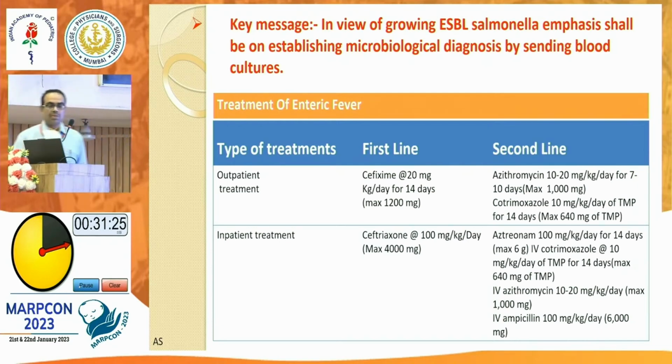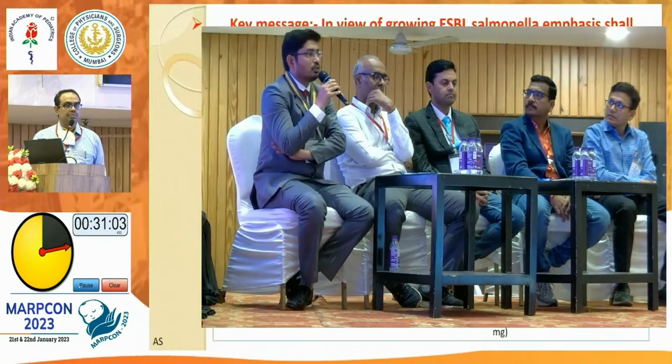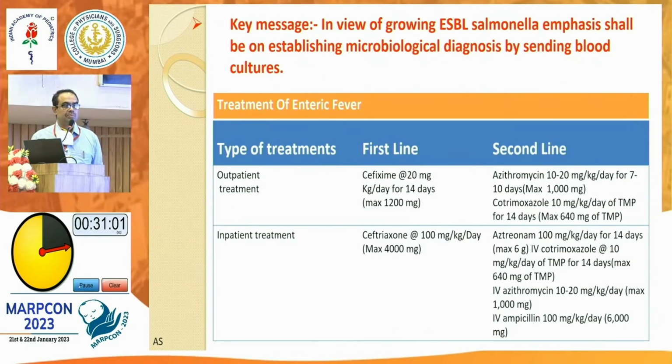Actually, recent studies have come that even in typhoid fever, we are getting multi-drug resistant, extremely drug resistant cases, in which we are getting resistance to first line and second line antibiotics that we traditionally used. But azithromycin is the drug which has been shown to have a good action against all these multi-drug resistant and extremely drug resistant cases. So as sir said, if we continue to use azithromycin right and left, there are chances that even resistance will develop to this drug and then we will be in big trouble.